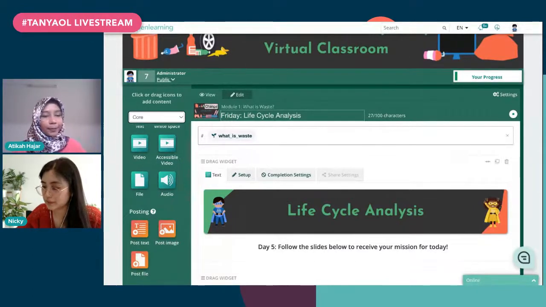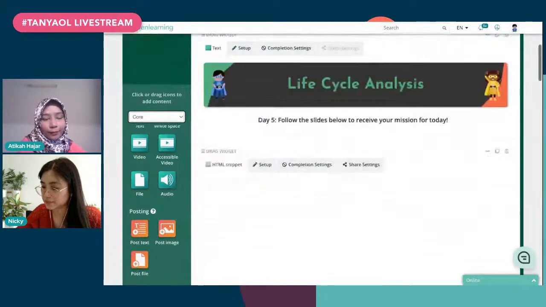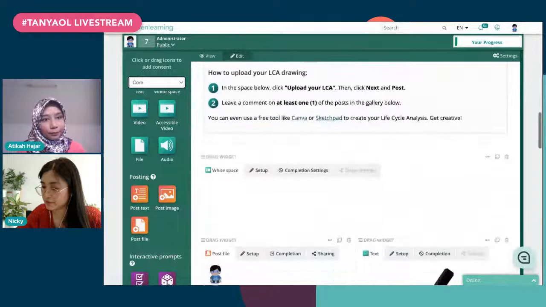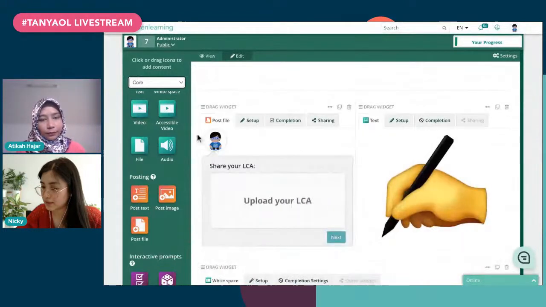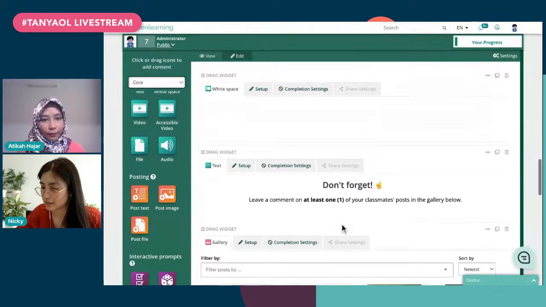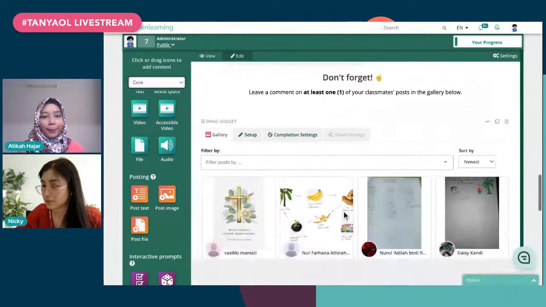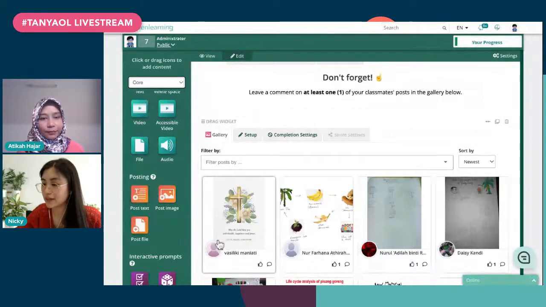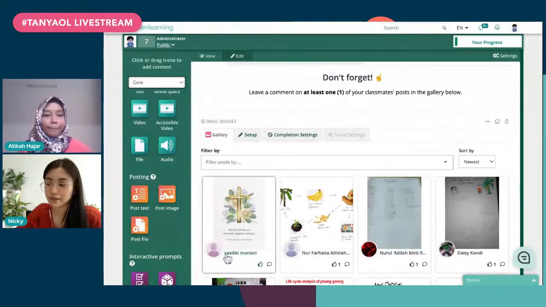Because what's great about them, and you'll see them right here, is they come with their own gallery widget. And here's the gallery widget, which enables students to share their thoughts on work that their fellow students have completed, and also to like what their fellow students have done.